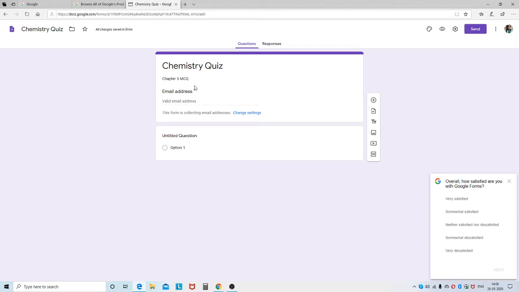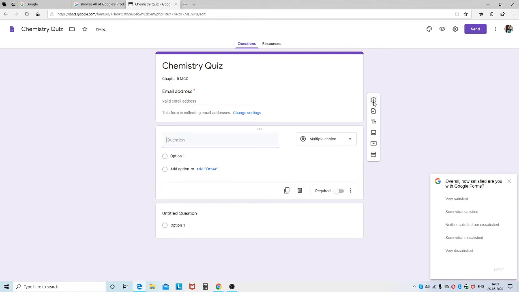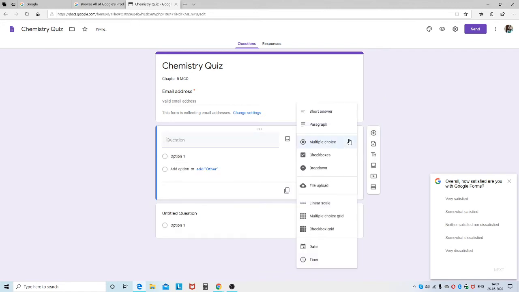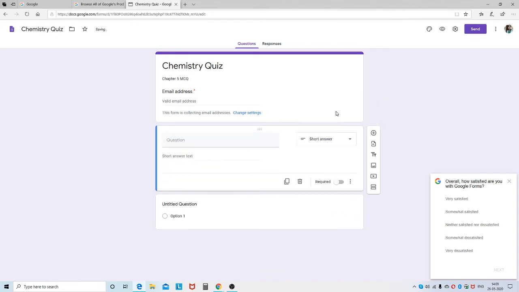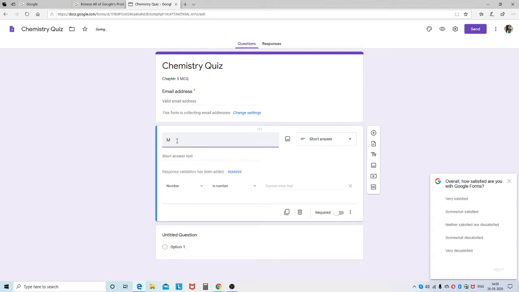Here you can see a red star. This red star indicates that this question is compulsory. Then go to the next one. Plus, again you have to go for the short answer. Type the name of the student.